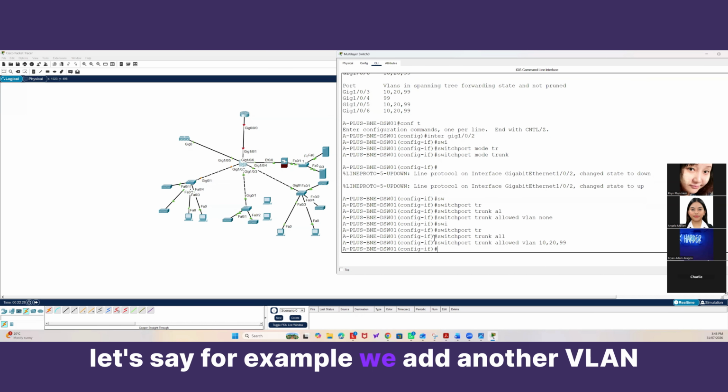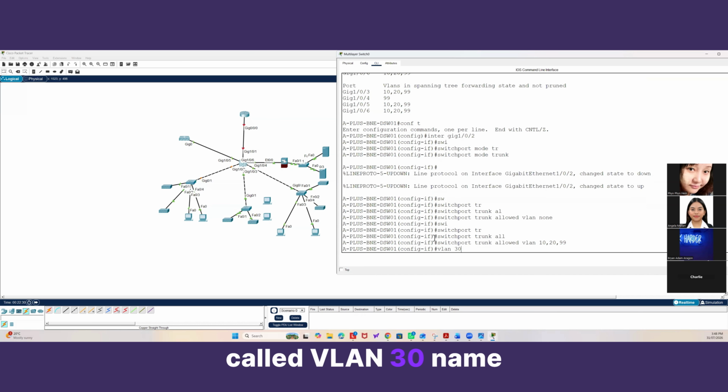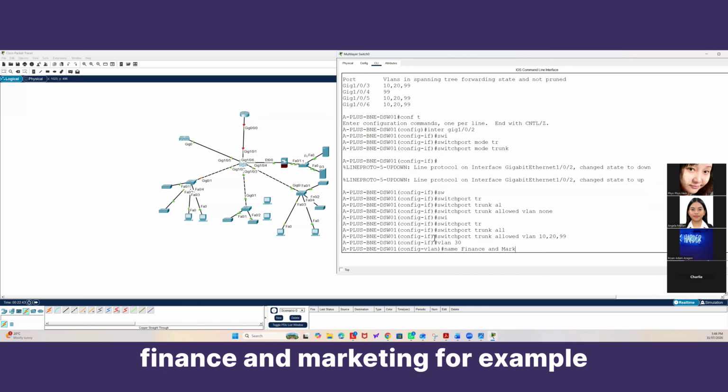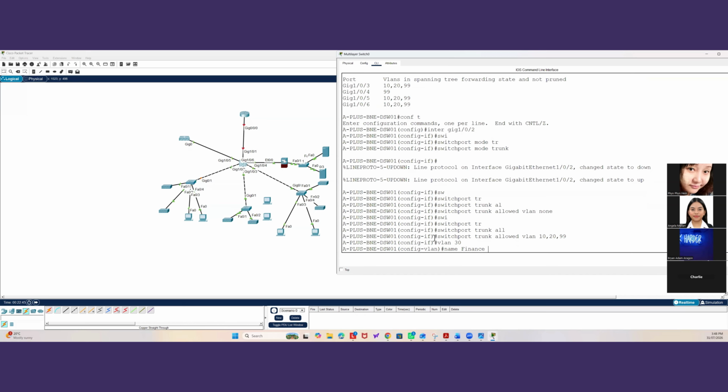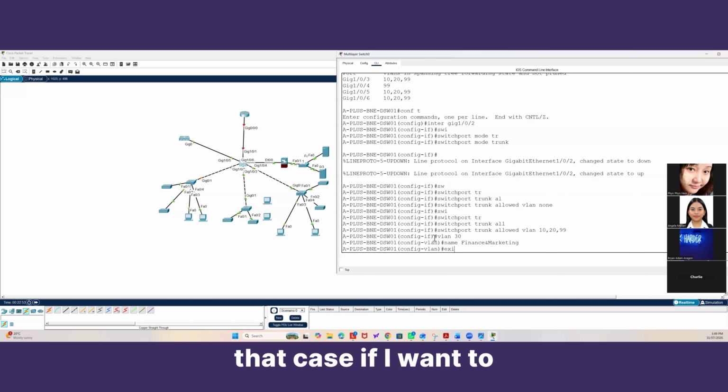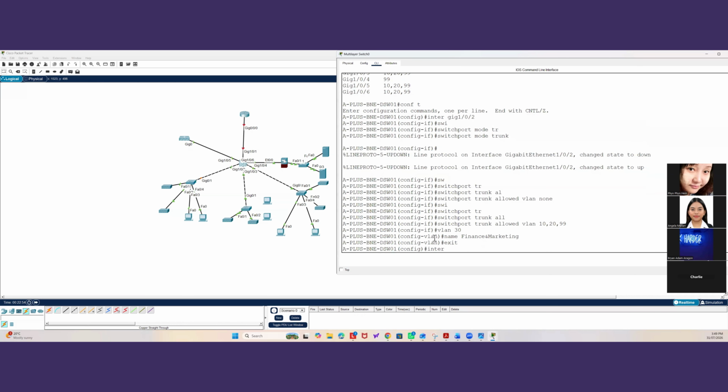Let's say, for example, we add another VLAN called VLAN 30. Name: accounting, finance and marketing, for example. Finance and marketing. I add the new VLAN. Then in that case, if I want to